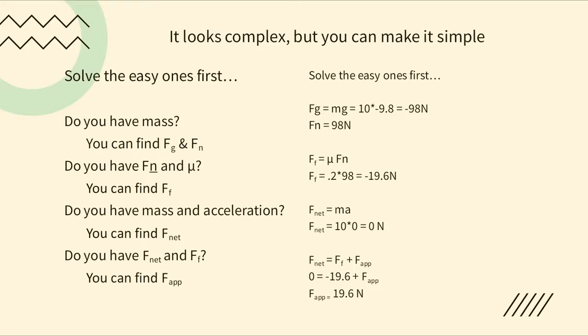The object was flat on a flat surface. It was at rest vertically. So Fn, the support force that was exerted by the surface in the upward direction, was equal to Fg. So the Fn is the positive version of your Fg, so 98 newtons. Now you found two pieces of the puzzle, and you can go ahead and put that into your diagram